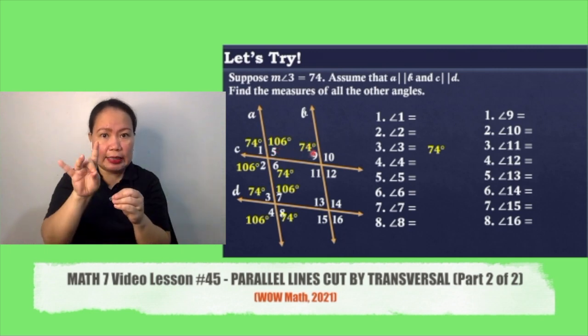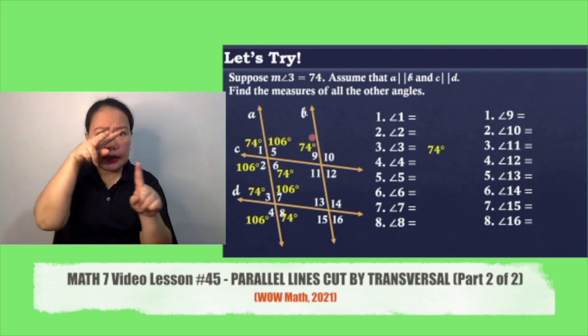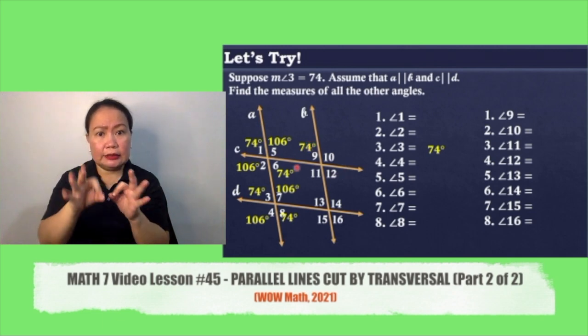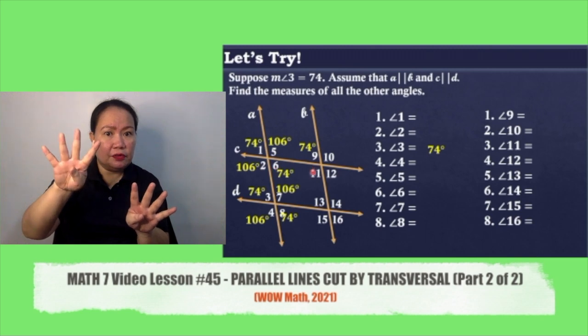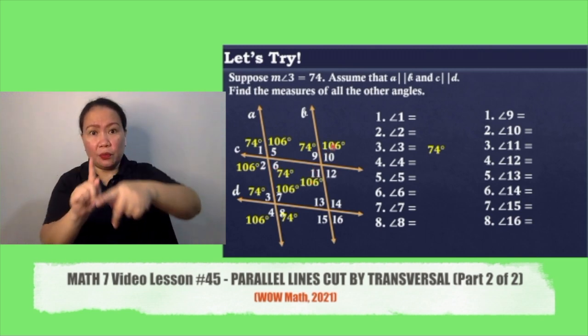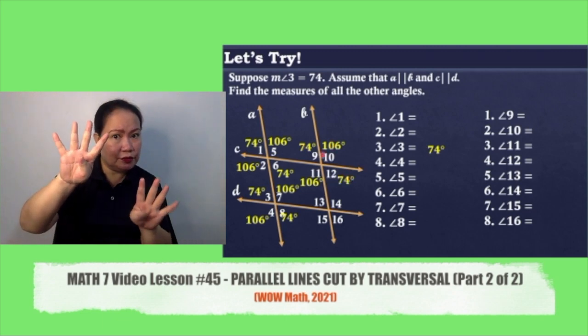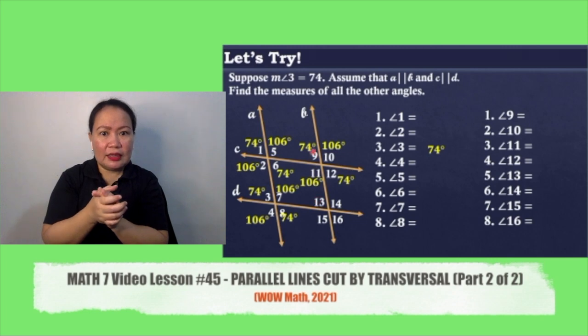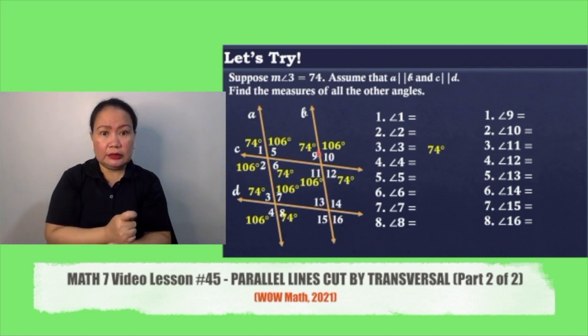Okay? So, ito, same side interior angles ito. Or pwede mo i-apply yung corresponding angles na congruent sila. So, ang dami mong pwedeng gamitin. Okay? So, pag nakuha mo na to, kuha mo na lahat eh. Okay? So, this is corresponding angle. So, 106. Ito ay vertical sila. So, 106. Ito ay vertical din, 74 degrees. Okay? And then, corresponding din ito. Why? B is your transversal dito. If B is your line of transversal, so ibig sabihin, ito,